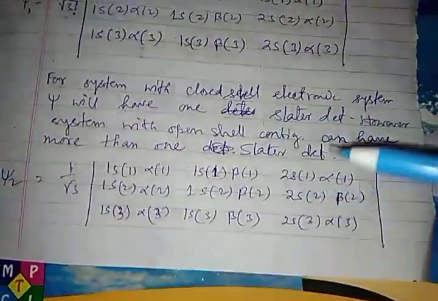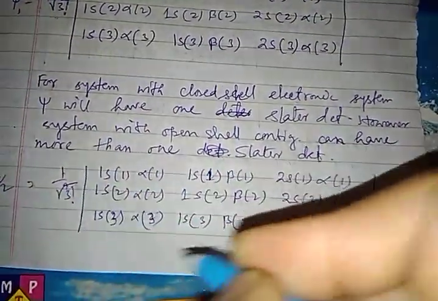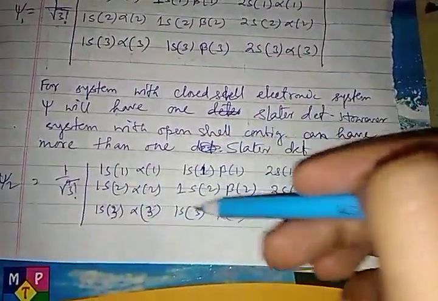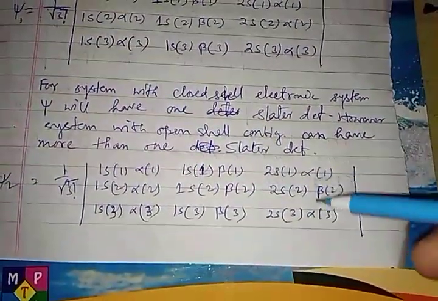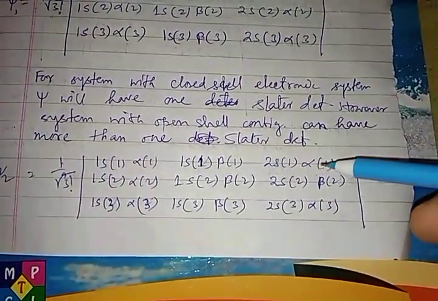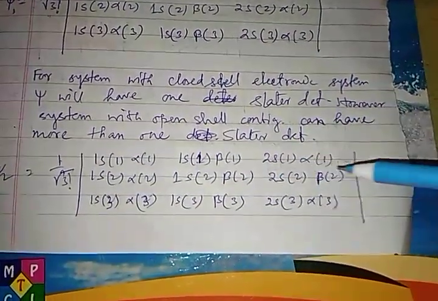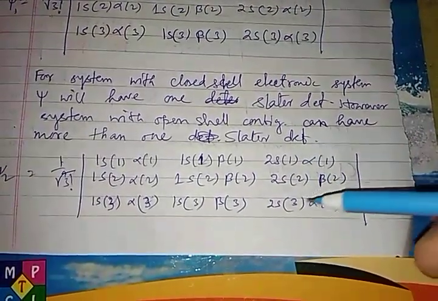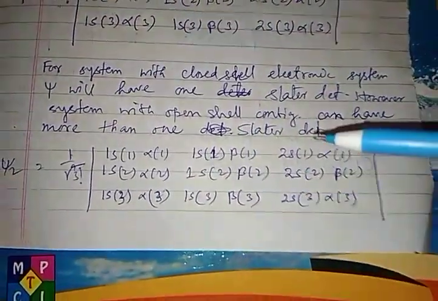And if I go to the further case, what I will notice is that if I keep these two columns constant, then if I go to the third column, I can exchange these things. That is, I can consider the first electron in 2s alpha, then the second electron has changed its spin, 2s beta, and the third electron remains similar. Like this we have numerous combinations.